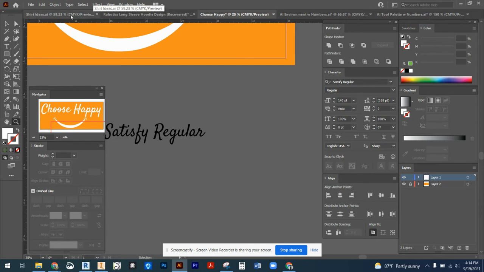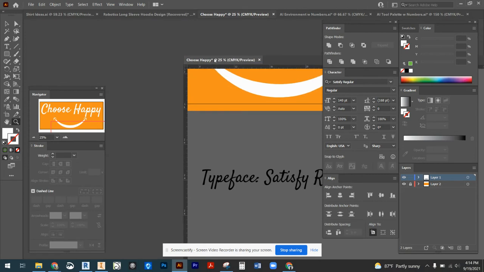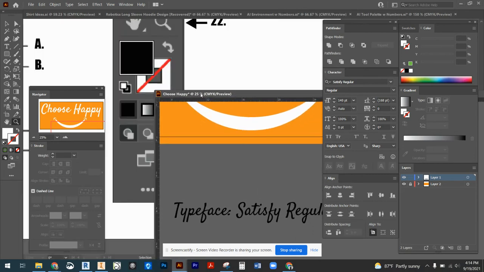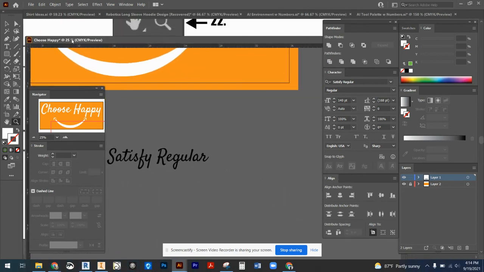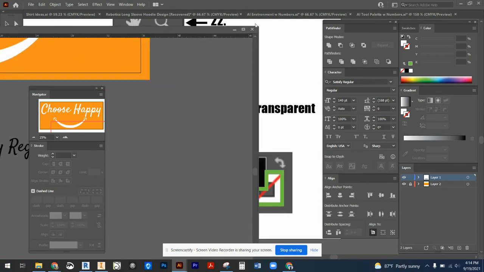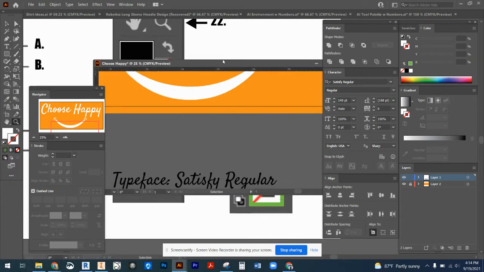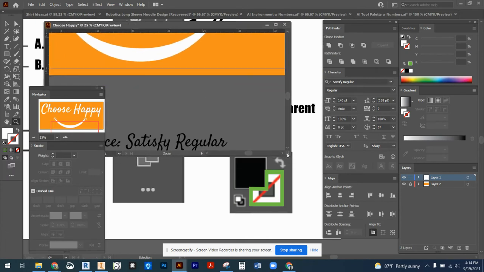Notice that we have the tabs up at the top, just like we did in Photoshop. So every time we open up a new file, we will always have it open up in a new tab. But like Photoshop, you can take that tab, you can break it off, and it'll come up into an image window. And my image window is just really big right now, so you can go ahead and make that smaller